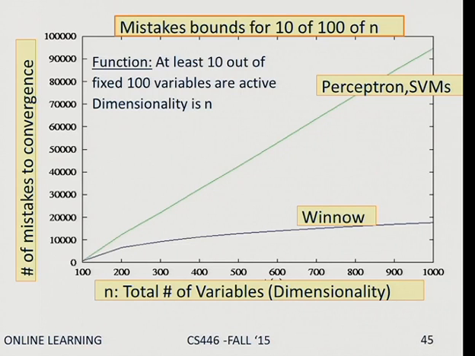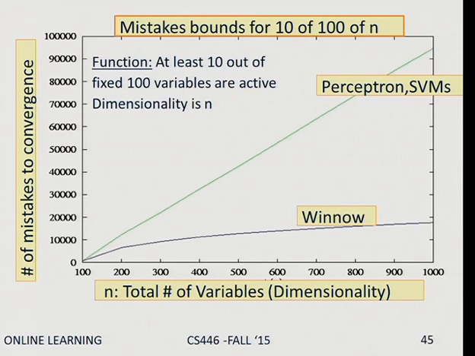This is one example of what you might see, where, as a function of n, which is the dimensionality, this is my x-axis here, I'm fixing a linear threshold function. The interpretation here is n is the dimension. There is a set of 100 important features. The rest are just unimportant, completely irrelevant to the function. And the function is 1 if and only if at least 10 out of these important 100 are on. Now, as you can see, as n grows, this function space becomes sparser and sparser.